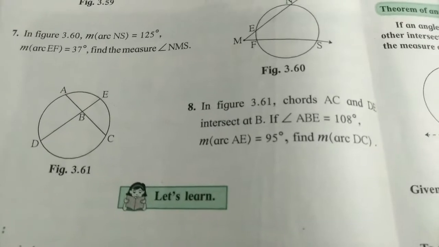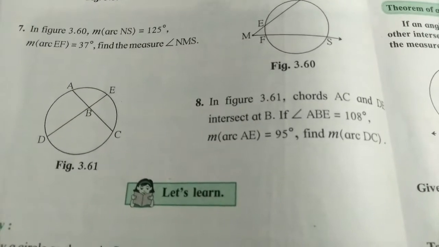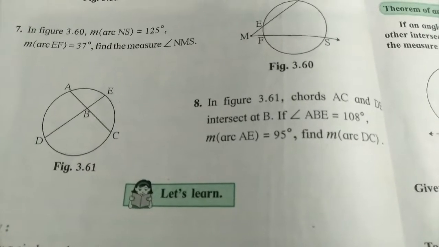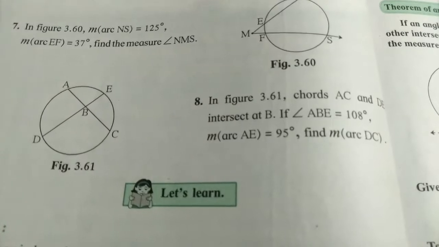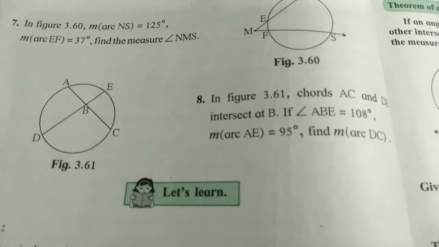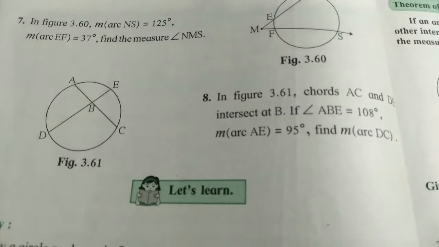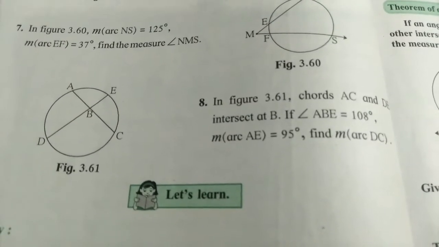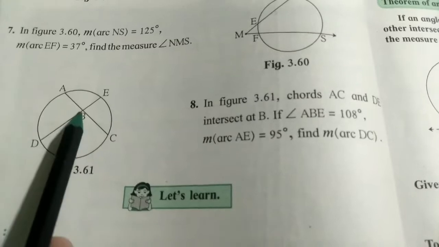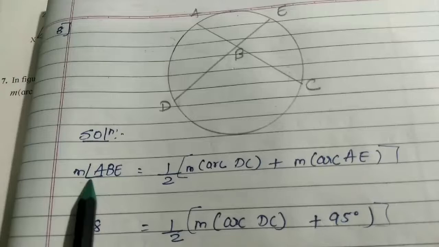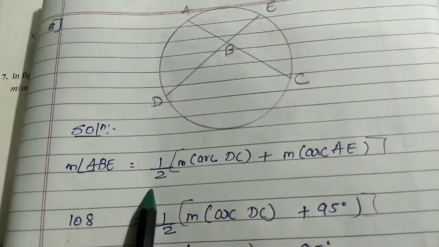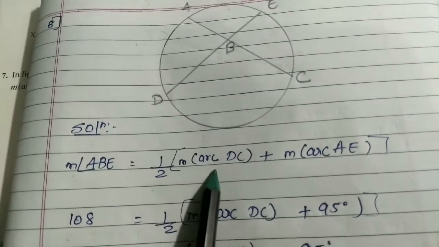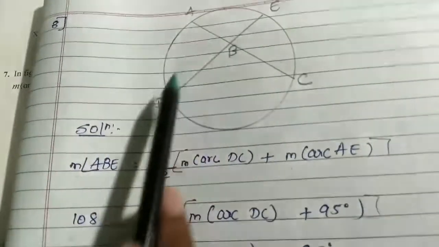Sum number 8, in the figure chord AC and DE intersect at B. If angle ABE equals 108 degrees, major arc AE equals 95 degrees, find major arc DC. Now they are intersecting these two chords internally. So measure of angle ABE